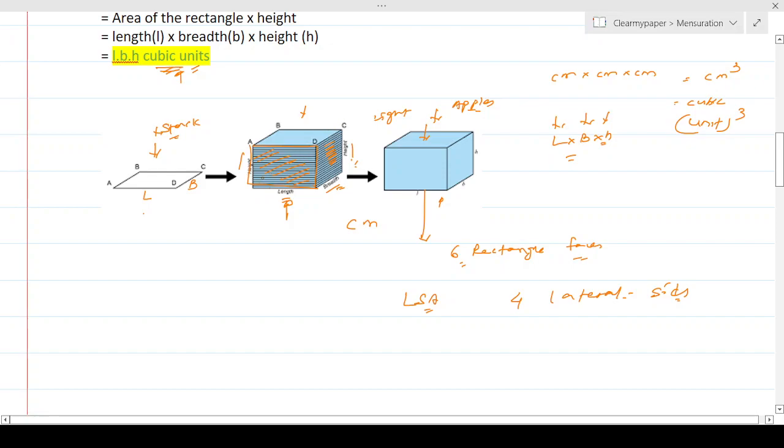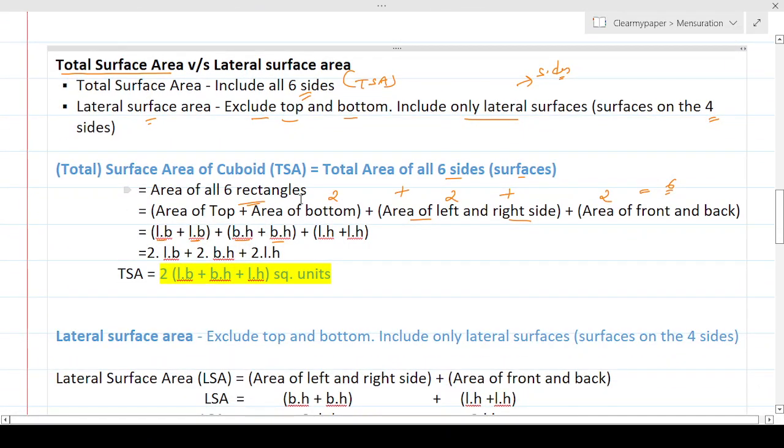So length and height will come twice. The length and height, which is the front and the back, will come twice. So you just have to add them up. This is like 2lb, then this is like 2bh, breadth into height, and this is like 2 length into height. So basically the total surface area is twice